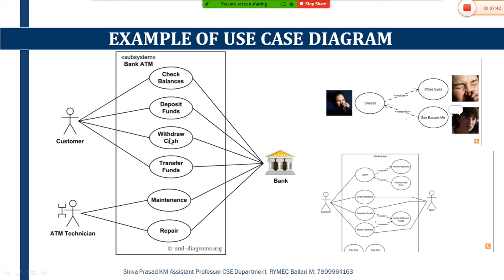Whereas these are the use cases which we consider as function 1, function 2, function 3, function 4, function 5, and function 6, where these functions are represented in the form of use case 1, use case 2, use case 3, use case 4, use case 5, and use case 6. All these functions are majorly dependent on a system which is called the ATM banking system. So as soon as some customers enter the ATM system to check their balance, some customers will be entering to deposit funds, to withdraw funds, to transfer funds, and some more for mini statements and changing passwords.